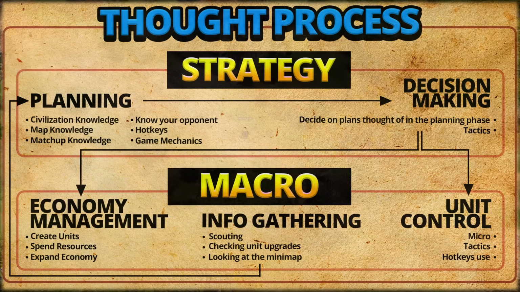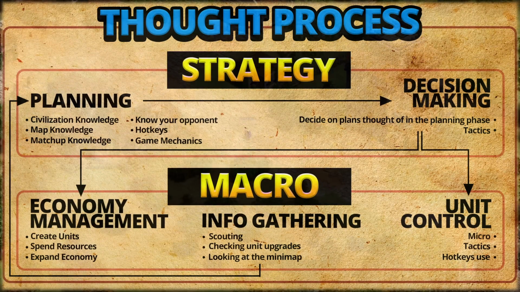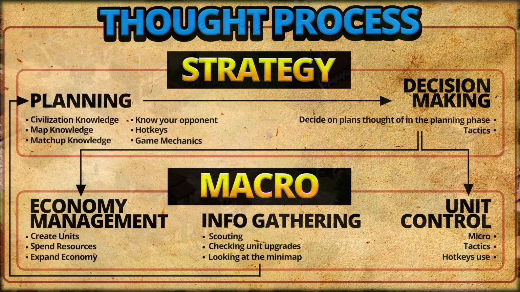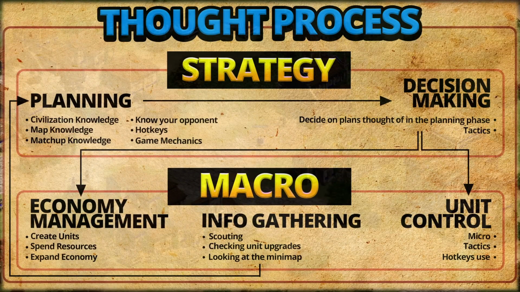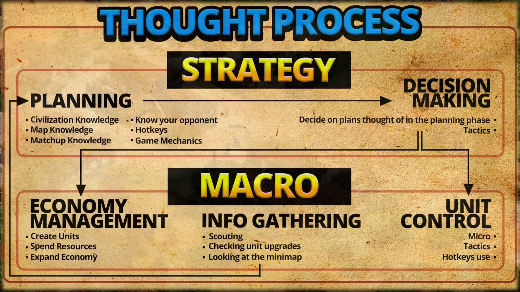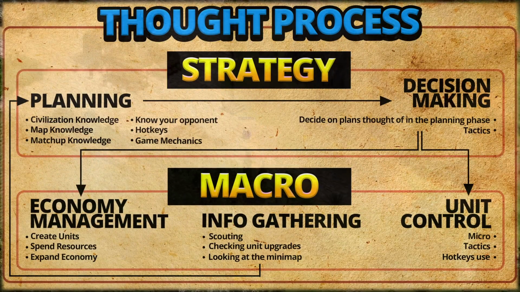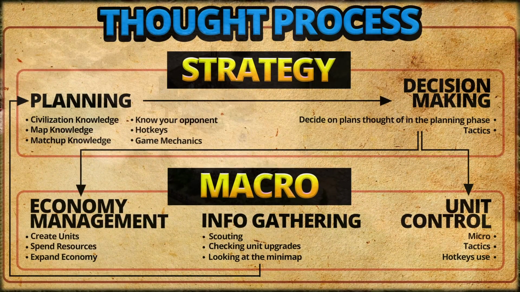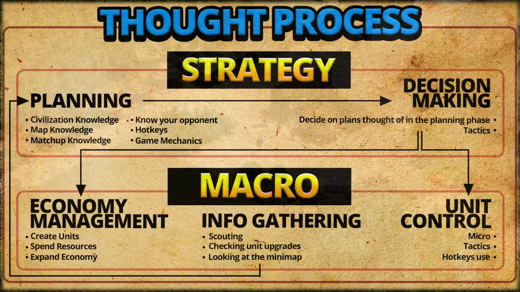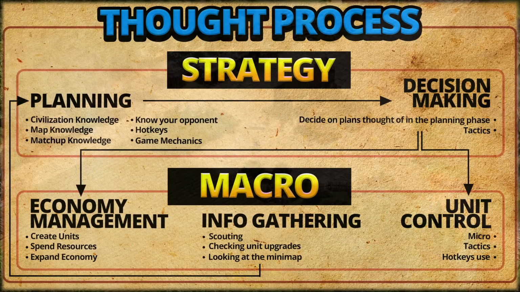Planning is coming up with ideas for how you can play the game based on things like your civilization or the map. Planning can be done when you're not even playing a game, and is the most important aspect of reviewing replays. Decision-making is deciding between the plans that you've made. You initially have to make decisions purely based on the plans you've come up with before the game started, but with information gathering, you can add and remove plans based on what you learn.